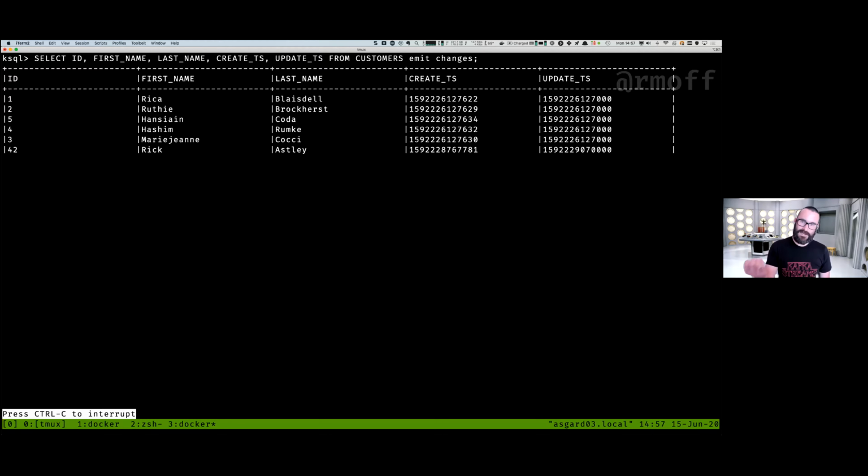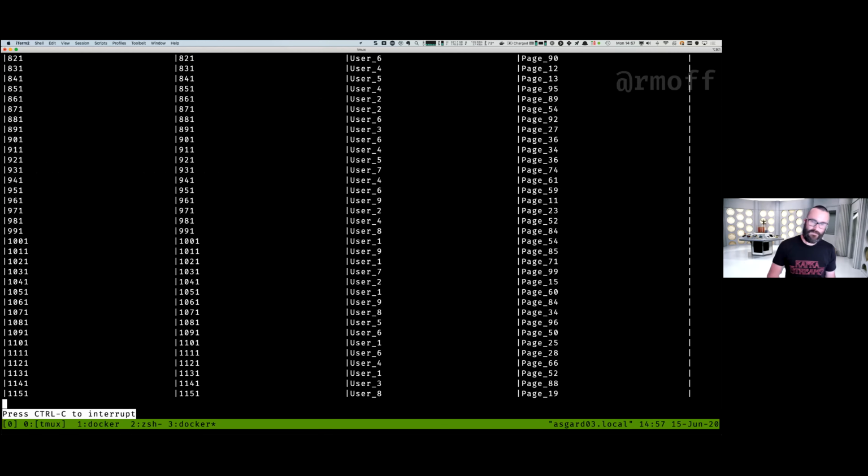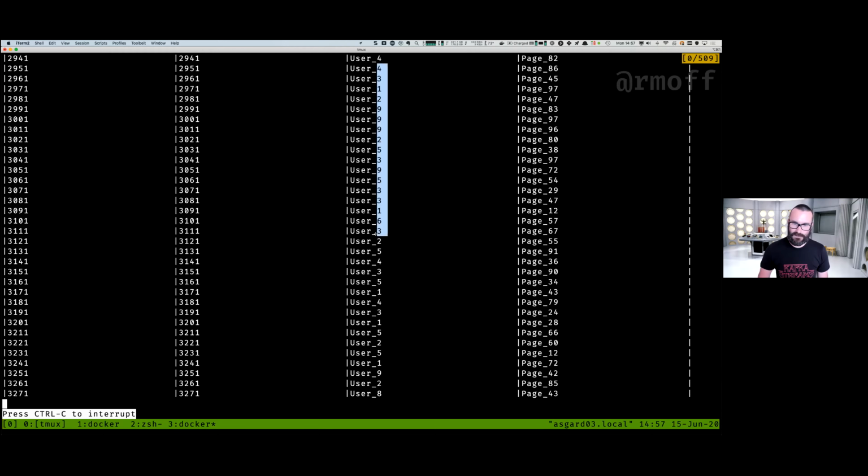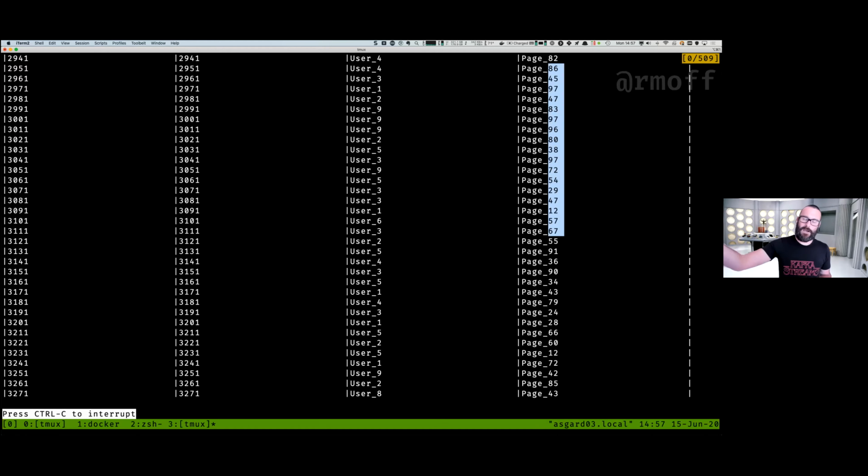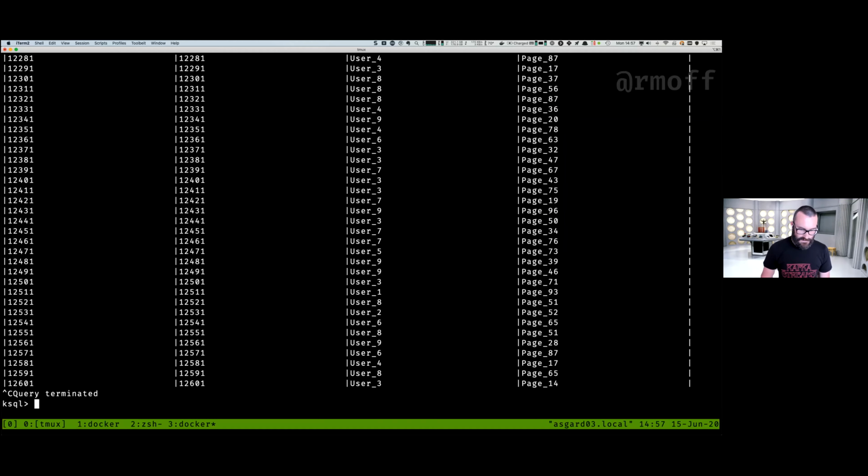And because we have the state for the key, we can actually enrich that stream of events. So let's remind ourselves: select star from page views, emit changes. This is our stream of events. Let's just pause it so we can see what's going on. For this particular user, they just clicked on this particular page at this particular time. So we've got a series of facts coming along, but we'd like to know, well, who is user ID 1? Who is user ID 4? Who is user ID 9? And what's their club status and so on. So we can do this.